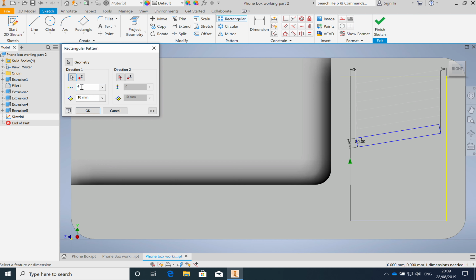Okay, you could try more, but I'm going to change this also. I want them to be slightly closer, so I'm going to put that to 8mm distance. Now that I've done that, I'm going to actually add in one more pattern there, like that. Now that looks really good to me, but I want some going down, so you've got the option to do a second direction. So I'm going to select this arrow now, click again on that line, but I don't want it going up this time, so I want to change the direction to going down. I'm going to change it to 8mm, so it's the same as the first pattern I created,